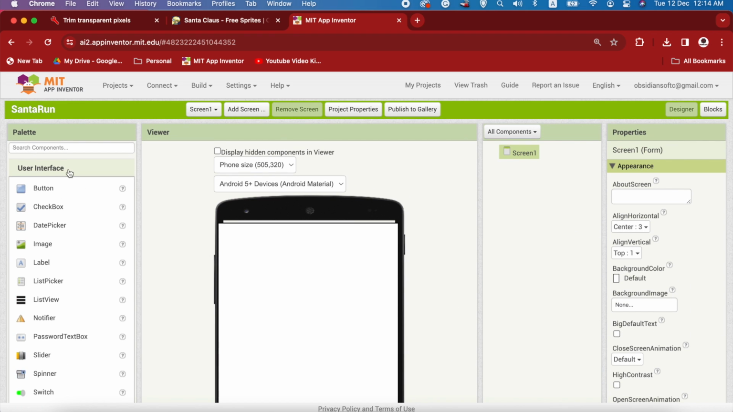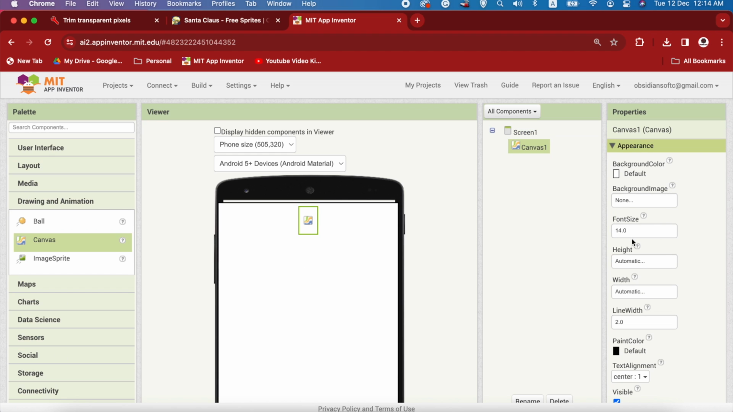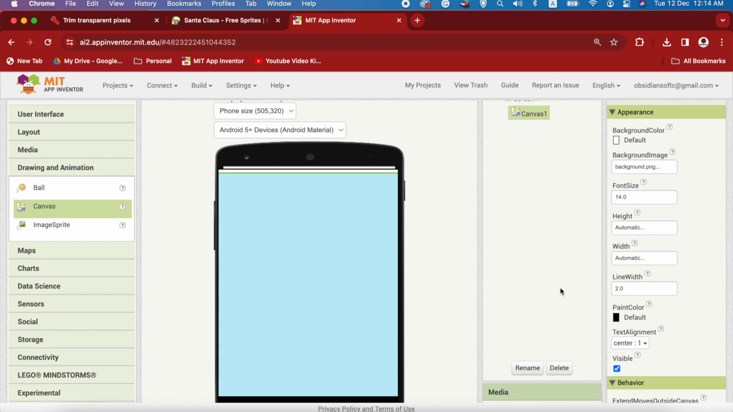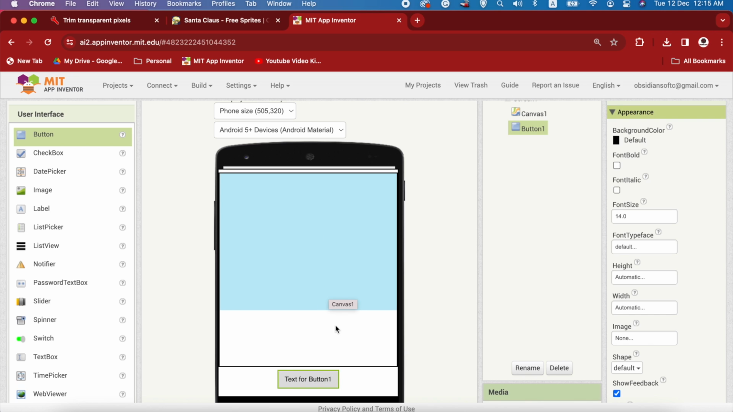Next, from drawing and animation, drag and drop a canvas. Choose the background image that we uploaded as its background, okay? And make font size 40, because we will be writing score on it, and the height 85%, and the width fill parent, okay? Drag and drop from user interface a button for starting the game below this canvas,